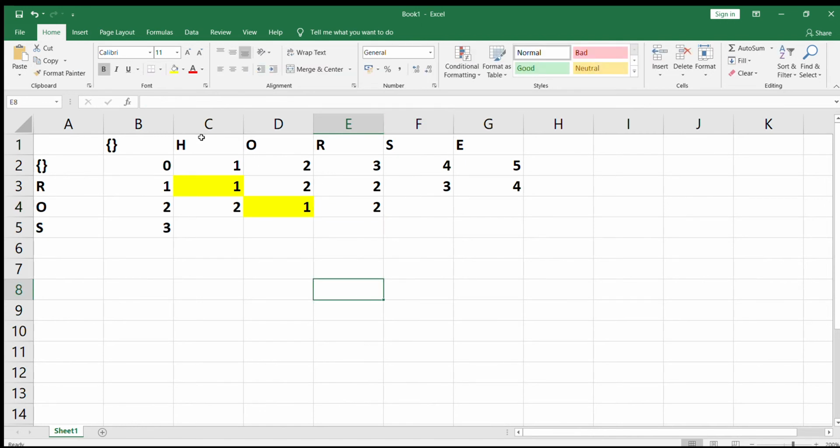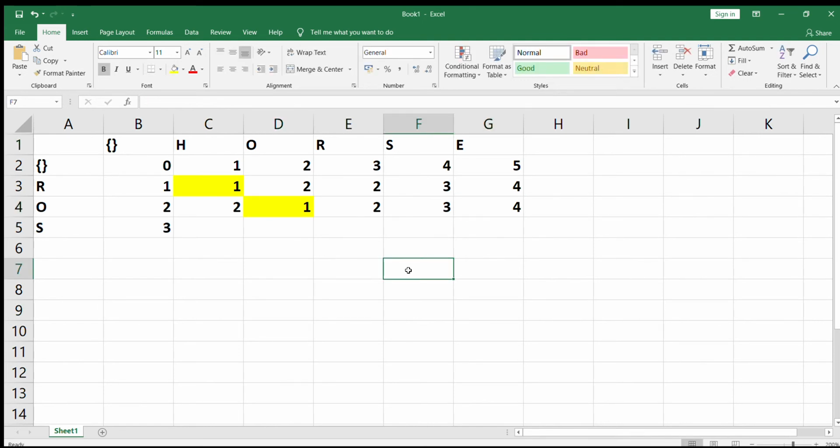Then the case HORS and RO. For this particular scenario, I can replace H with R, O will remain the same, and I need to drop R and S. So dropping these two and converting this, the total number of operations required is 3 in this scenario. And if I have RO here and the complete word HORSE here, I can replace this, keep this, and drop the other 3. So the number of operations required is 4.